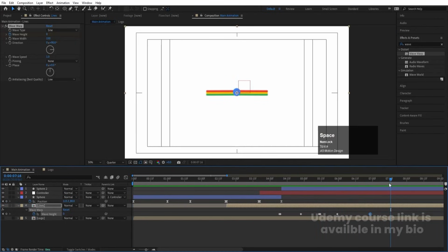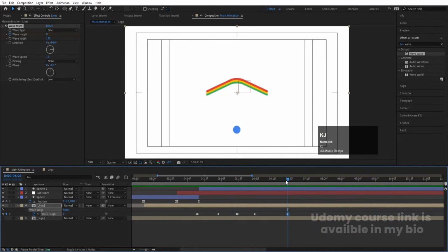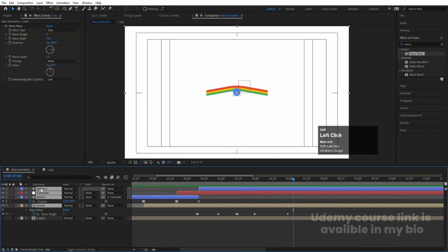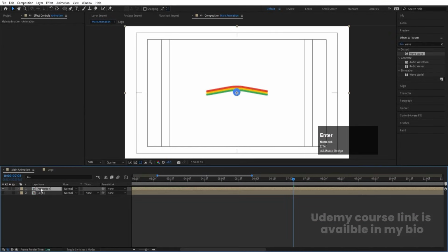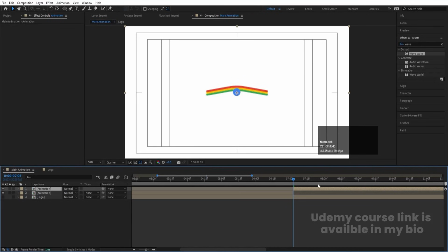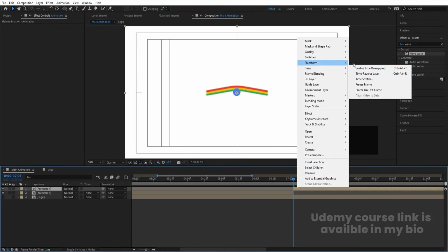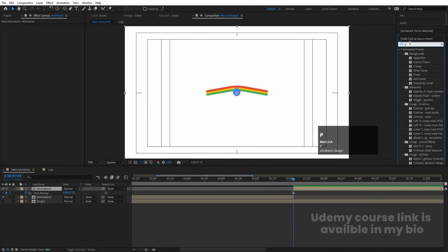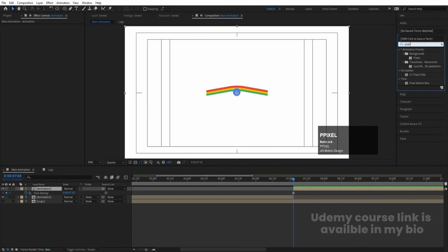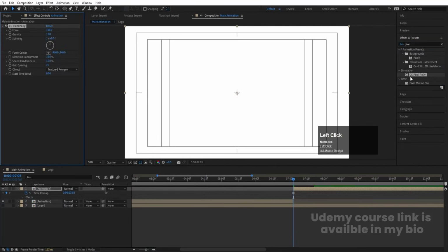Okay, and then at this point where my animation is ending, I'm going to select all of this and press Ctrl Shift C to pre-compose, and I'm going to call it animation. Then at this point I'll press Ctrl Shift D to split this layer, and I'm going to right click, time, freeze frame, go to the effects and presets panel and search for pixel poly effect and double click to apply,